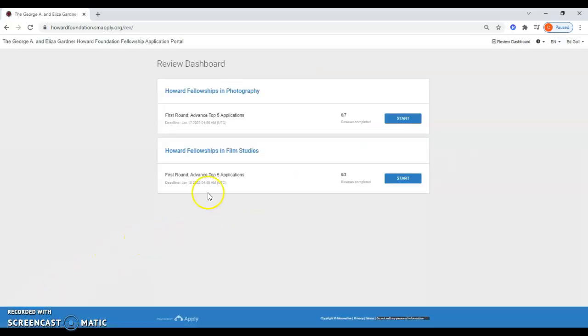Once logged in, you will see your assignments in either photography or film studies. You should have about 23 assignments depending on your category. Select Start,